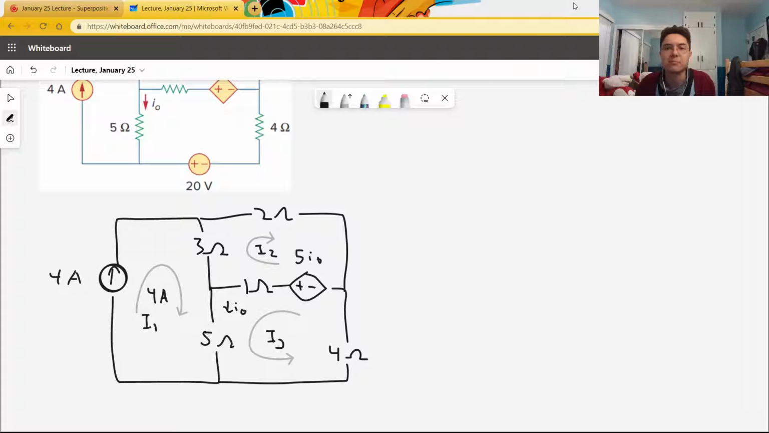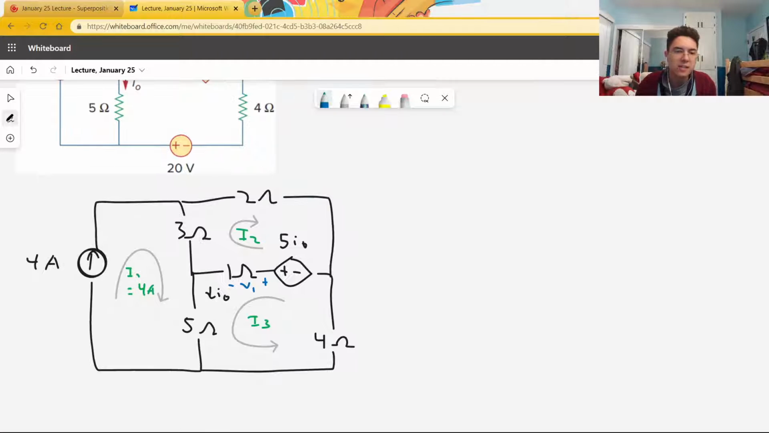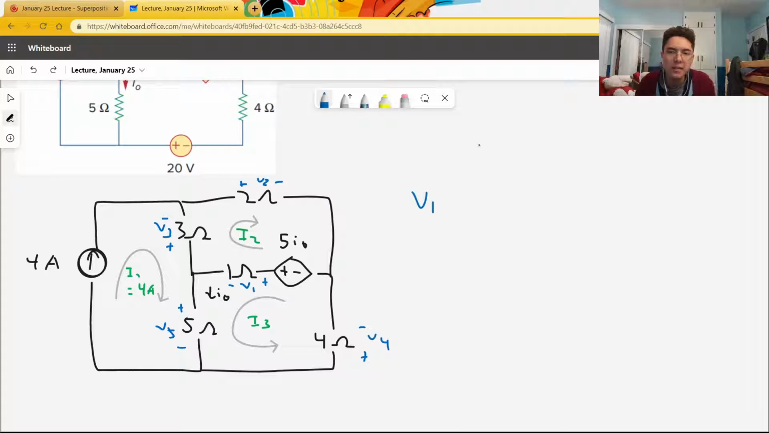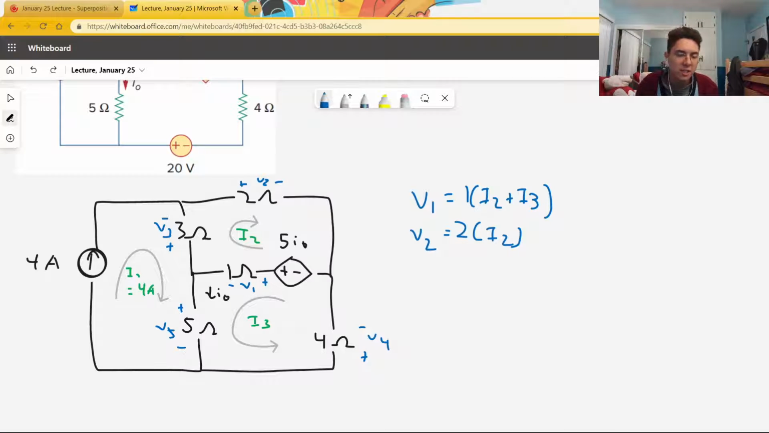Maybe I should make these green. Let there be green. Just like before, let's start assigning voltage terminals and names. Behold, all of my terminals. Both I2 and I3 contribute positively to V1, so that's just 1 times I2 plus I3. V2 is just 2I2. The drop across V3 has a positive contribution from I2 and a negative contribution from I1,